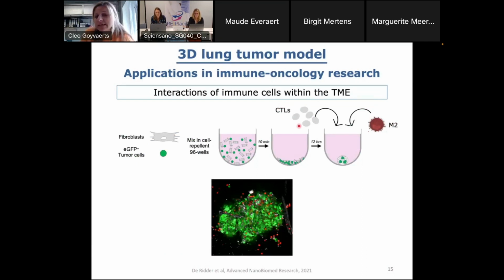And the nice thing again is, if we have a 3D culture, it's a small culture, you can look into the spatio-temporal analysis. Again, something, and I think that's an important note, I don't want to say that everything needs to be replaced in the future, because it will always be difficult to replace every in vivo situation in vitro. But it's worth mentioning that some in vitro tools actually give you more information than an in vivo tool. For example, in this case, if you look here into the,